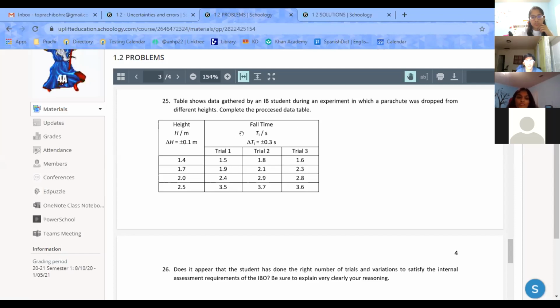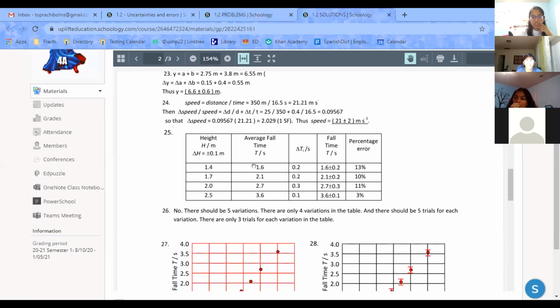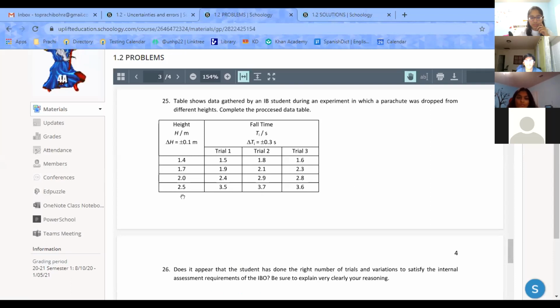Okay. I thought maybe it would still say it on the finish table if it still said it here, like plus or minus 0.3, then I thought we might not have to take it into account, but it doesn't say it here either. Okay. So, yeah, I guess we don't know.